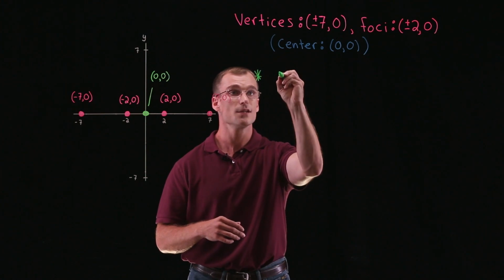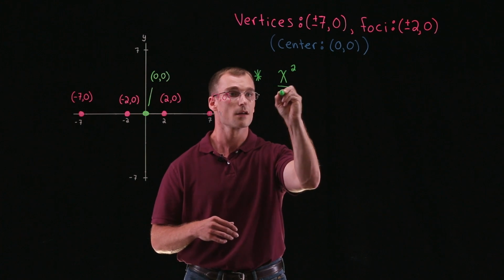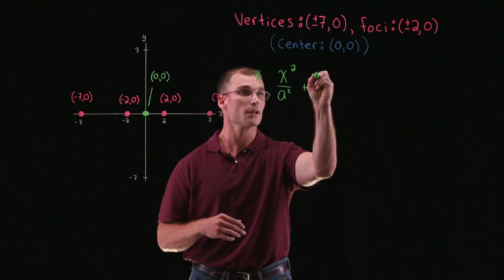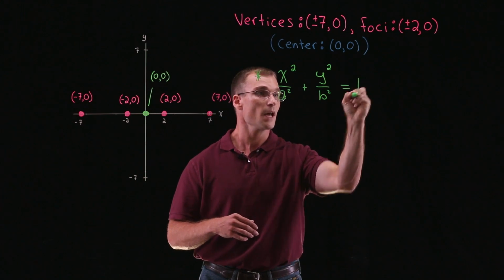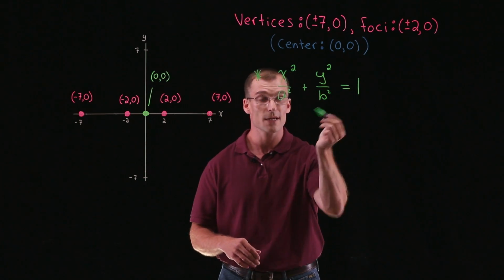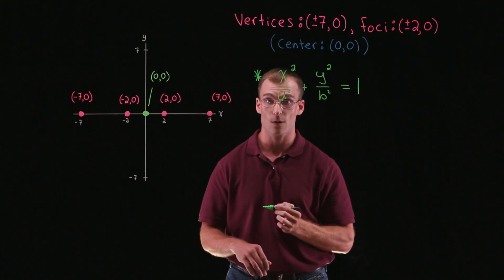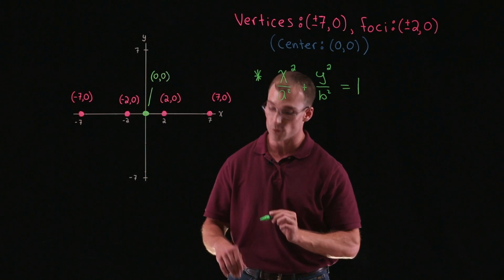So with center at 0, 0, or the origin, we're going to have x squared over a squared plus y squared over b squared, and that's equal to 1. To finish this up, what we need to find is our a and our b, to plug those in, and then we have the standard form. So how are we going to get that? Well, since we have this graphed over here,